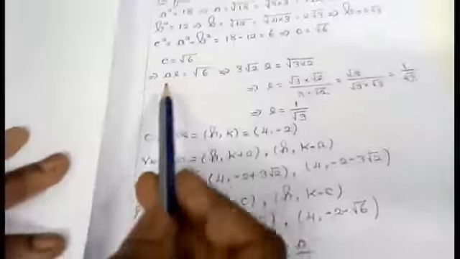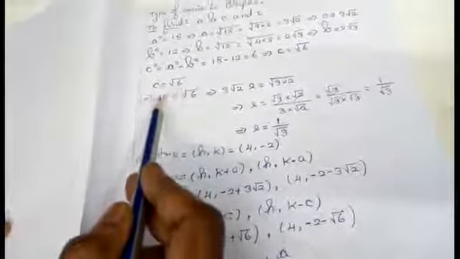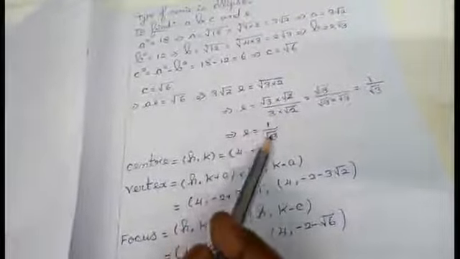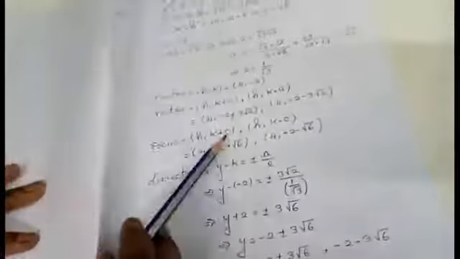After calculating C, you can find E in two different ways. The first one I told you, the formula method, or instead of C I can replace the value as A into E equal to root 6. Calculate, you will get the answer as E equal to 1 by root 3. Or if you apply the formula for eccentricity, you will also get the same answer, 1 by root 3. Center, vertex, focus, directrix: apply the formula and substitute, replacing the values of H, K, A, C and E. Replace, and you will get the required answer for this question.